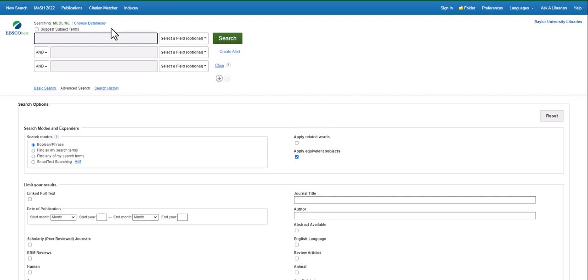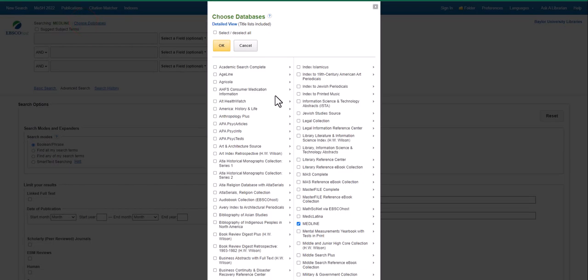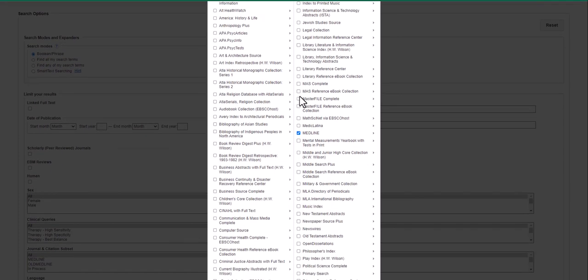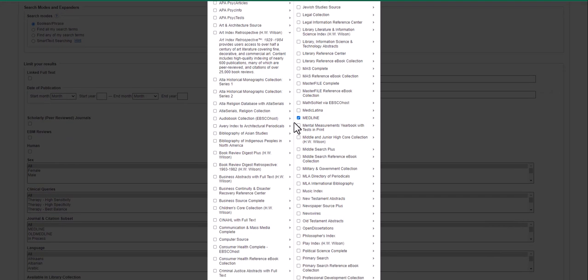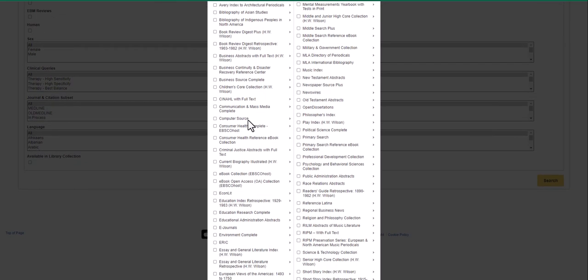So if I click on Choose Databases, now I can see all the databases that the library subscribes to from EBSCO, and what I can do is I can actually search them all at one time. So any of these, if I click on the small arrow next to it, it will give me a short blurb explaining what is within this database, what kind of coverage and subject coverage does it have. So we already have Medline clicked. For public health topics, some of the main ones that are going to be in here that you'll want to add would be CINAHL,